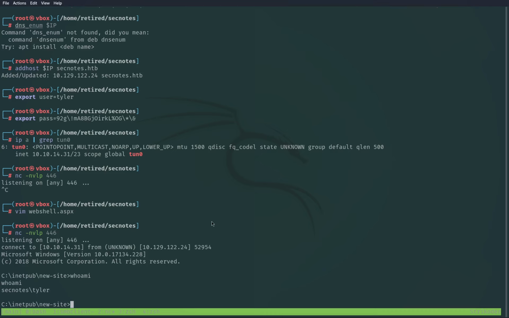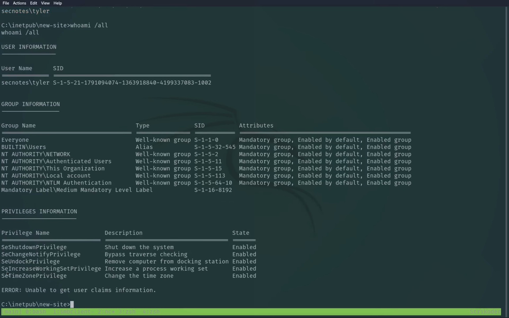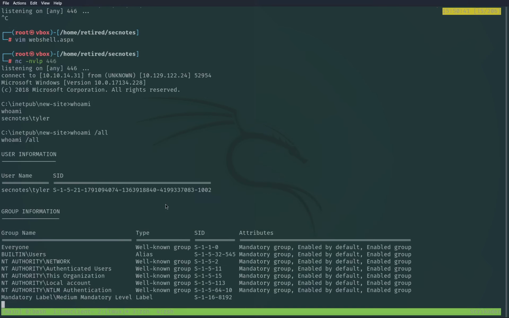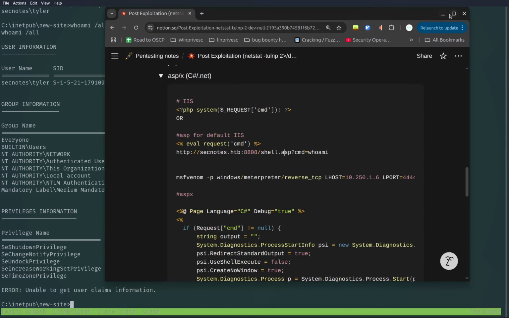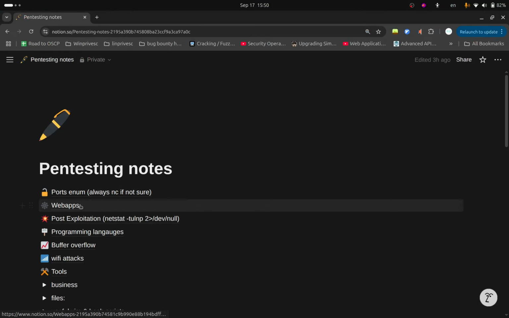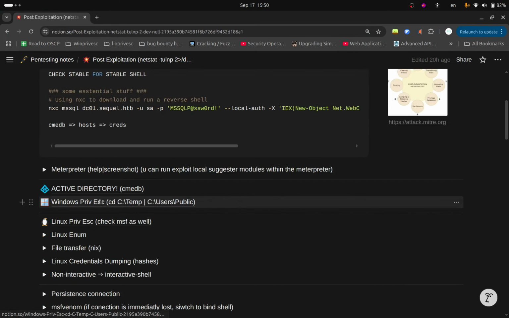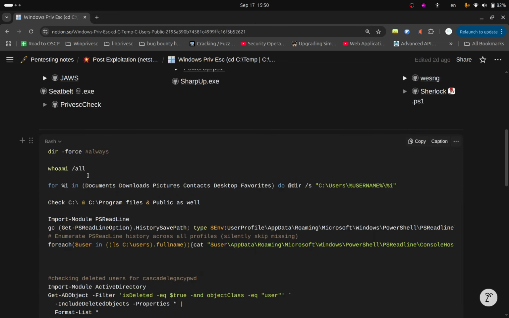So first of all, we can start by enumeration with whoami /all, and we see we don't have any privileges over here. Interesting. And let me get again my notes to show you my methodology. It keeps changing because of course I'm improving over time, but I would start with whoami /all. I would always type dir -force, shout out to Tyler Ramsey for that,